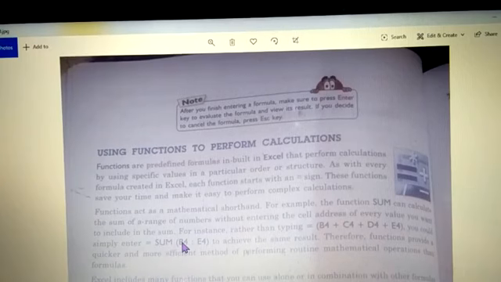Now you will select the range from B4 to E4. From here till here, whatever was to be added can be written like this. That's it. When you press enter, you will get the result. Therefore functions provide a quicker and more efficient method than formulas, because it is easier to do, right?